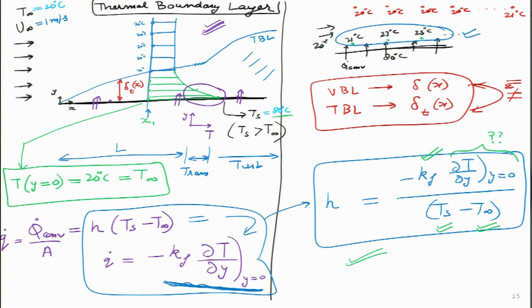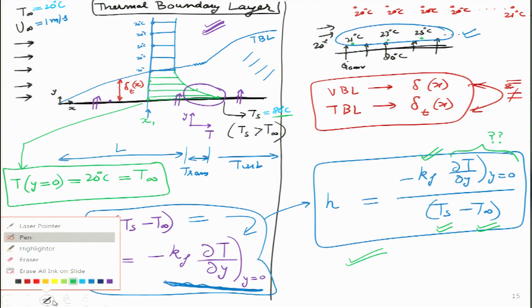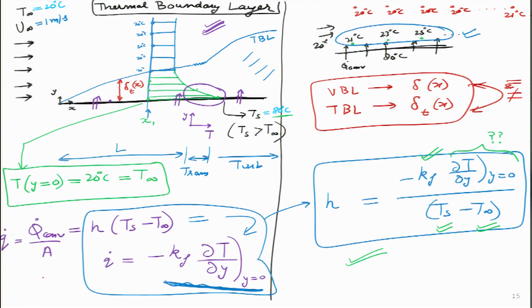Now, let me do one more explanation, because here I have left a mystery when I told you that these thicknesses can sometimes be equal and sometimes may not be equal. So, for that explanation, if I can use this space over here, let me try and draw 3 different cases. This one I will call case 1, this is case 2 and case 3, and in all these 3 cases, the red line represents the flat plate.